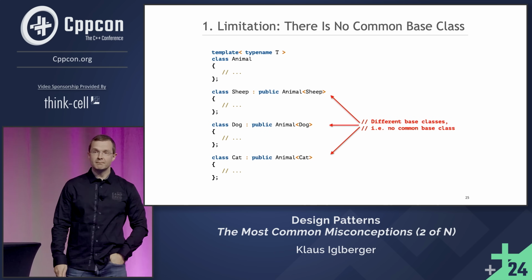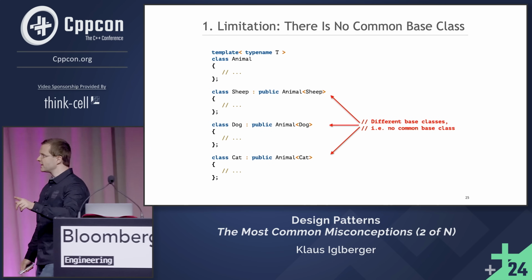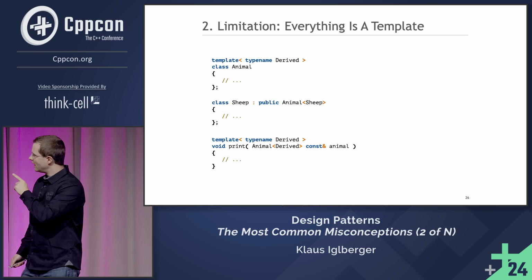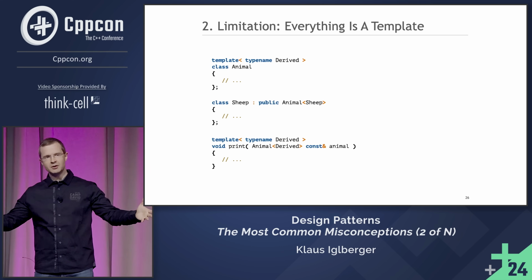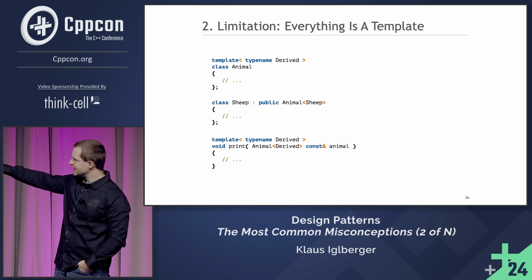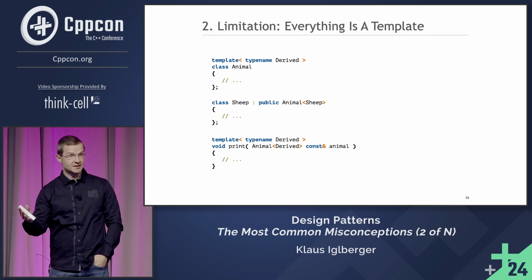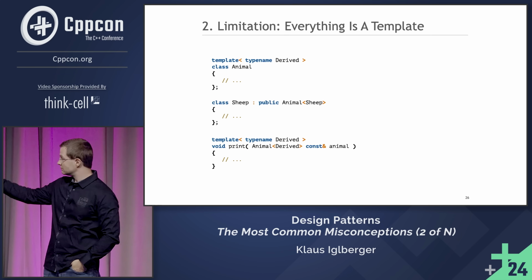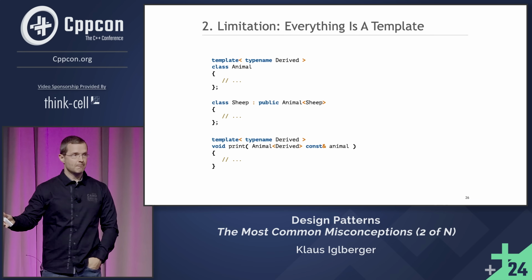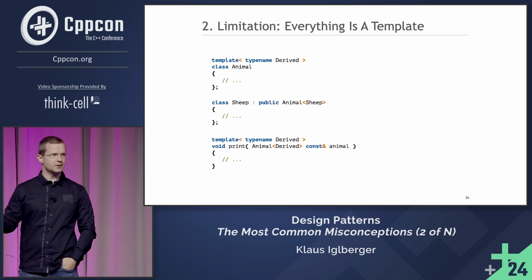So, no, this is not a replacement for this kind of inheritance hierarchy. Okay, this may already be a pretty bad limitation, but there's one more thing. I've shown this slide before, and I've said, well, now we can use all the animals in the print function. But now, watch closely, the print function is a function template, which of course makes perfect sense because, well, the animal base class is a class template. So now you're thinking, now what? That seems to be reasonable.